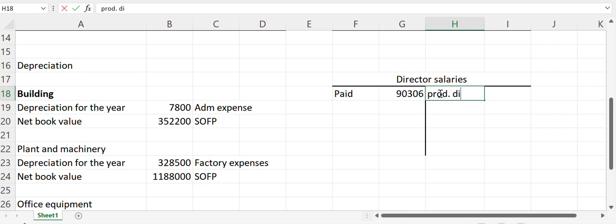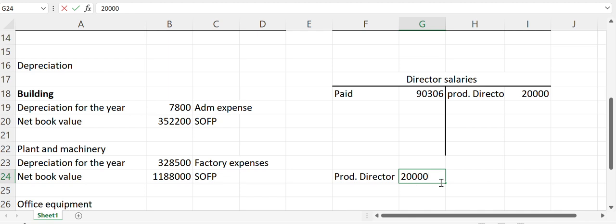Why? Because we want to record the production directors in the manufacturing. So this one is supposed to go to the manufacturing. So I'm going to include somewhere here. So I'm going to say production director, the figure was